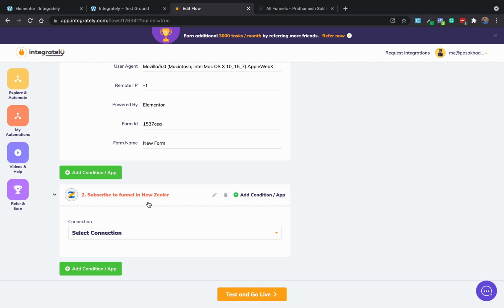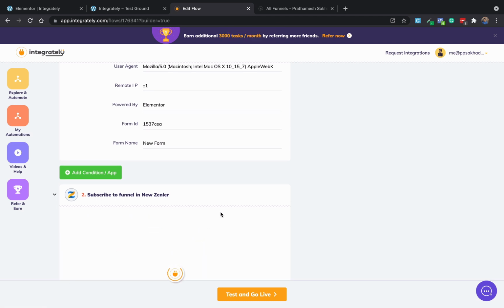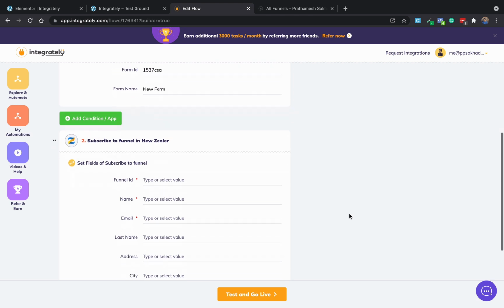Now the second step, subscribe to funnel in Newshandler. Here you need to select the connection that is already there. If you don't know how to connect Integrately with Newshandler, you basically need an API key that is available inside your Newshandler settings. How to get that API key is also attached in this video.